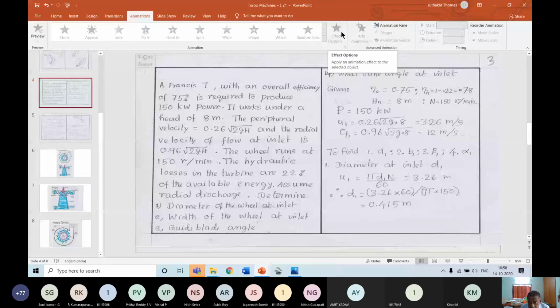Remember, the entire energy transfer, 100%, is in the rotor only. In the stator, there will be energy transformation from pressure to velocity, and vice versa. So here, to find out the degree of reaction, we may have to find out the pressure changes, then find out the total thing.